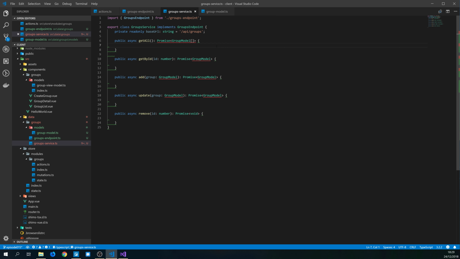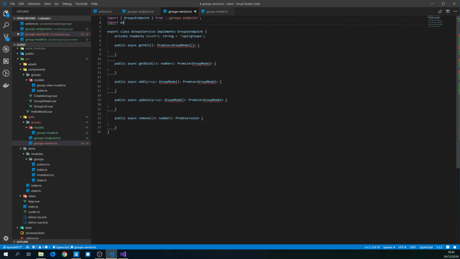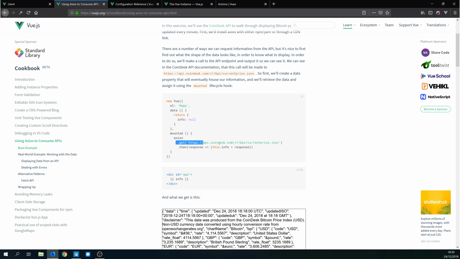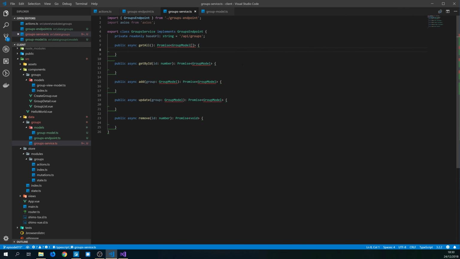So now we'll implement this using Axios. So import Axios from Axios, and then const response equals